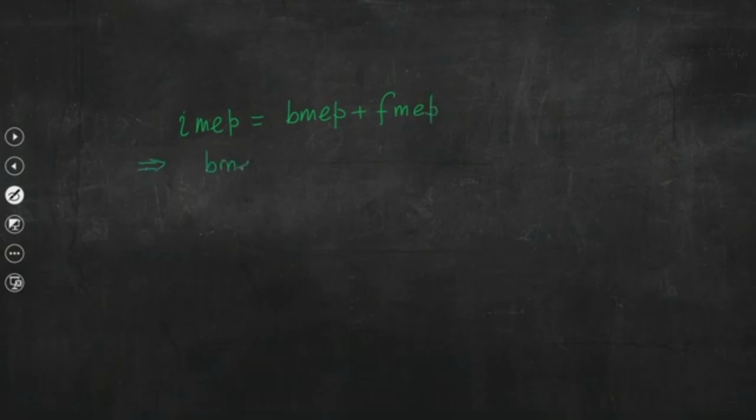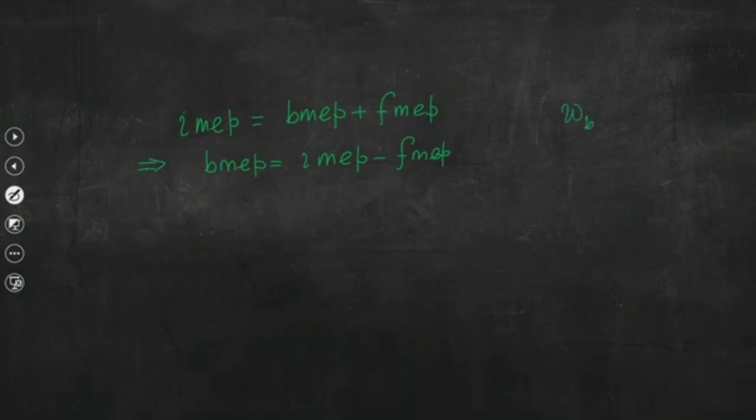And we had seen that this indicated mean effective pressure we could write as brake mean effective pressure plus frictional mean effective pressure. So, that means we can write brake mean effective pressure equal to indicated mean effective pressure minus FMEP, similar to what we had written in the last class,